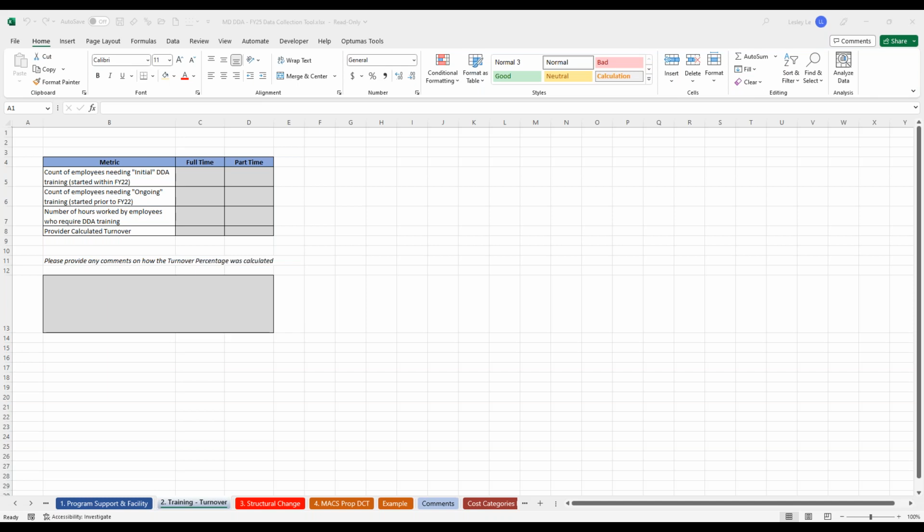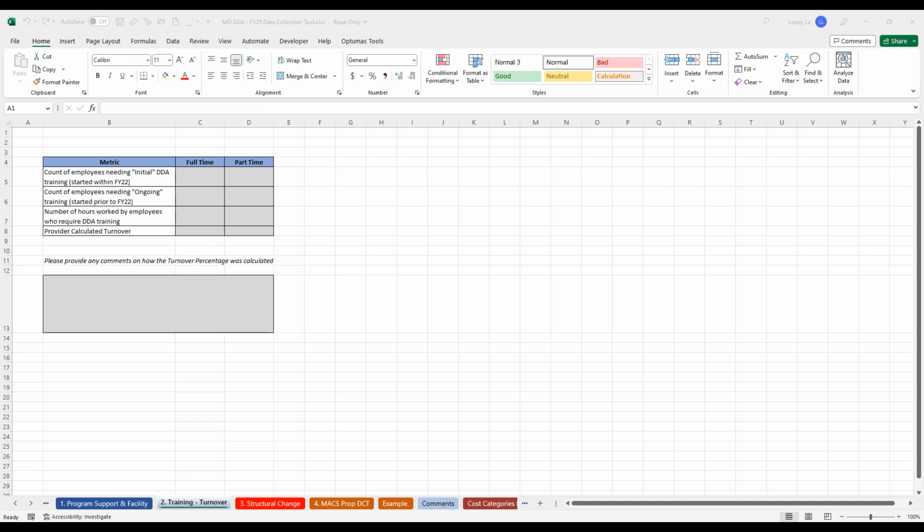What we want to do is reflect the true cost that providers experienced in fiscal year 22. And then any adjustments we make will be made uniformly across providers so that different providers are not making different assumptions, so we can get as consistent of data as possible. So please don't include any assumptions around that. Please just include your actual costs for fiscal year 22.